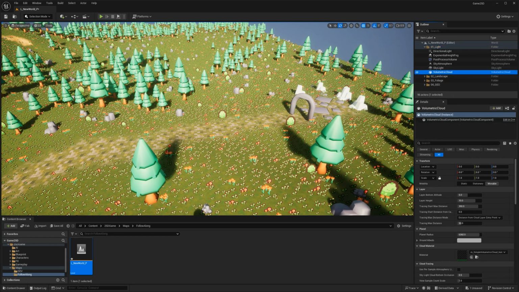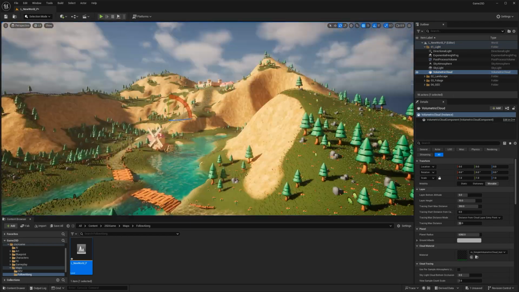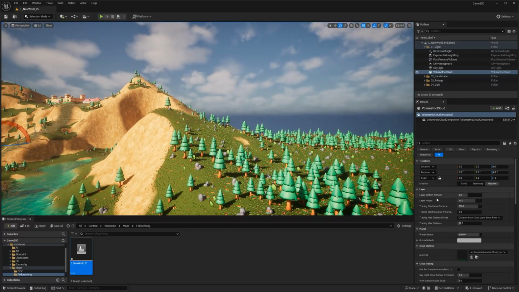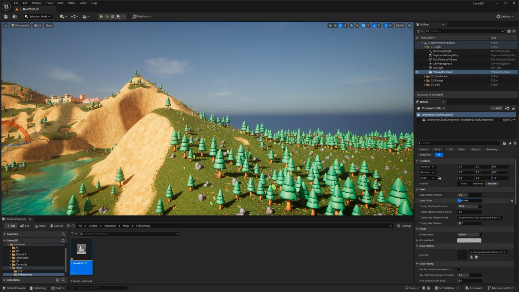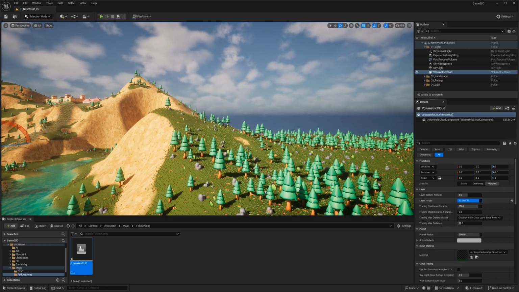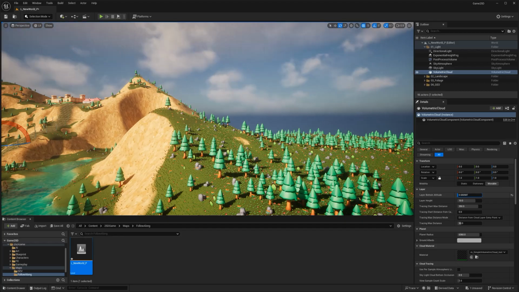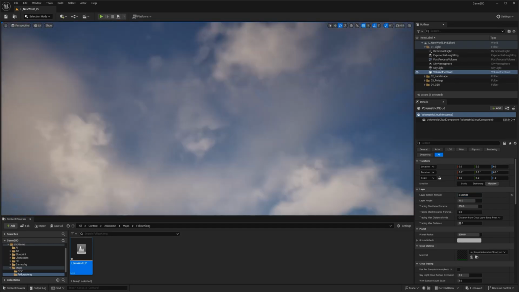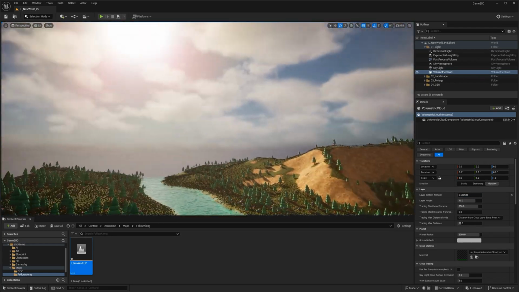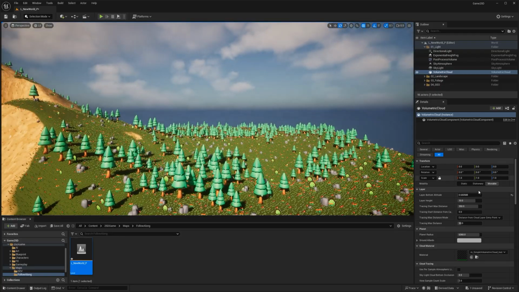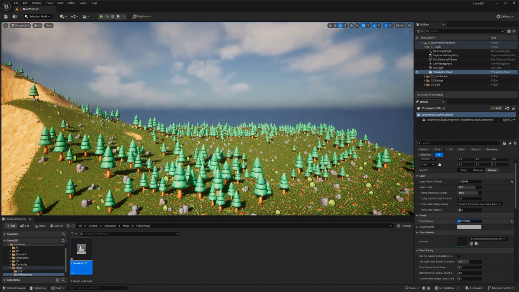What else we have here? Well, we have volumetric clouds that are all the way up. I could decrease the bottom altitude, which will in turn bring the clouds a little bit closer to us. Maybe decrease the radius of the planet too.